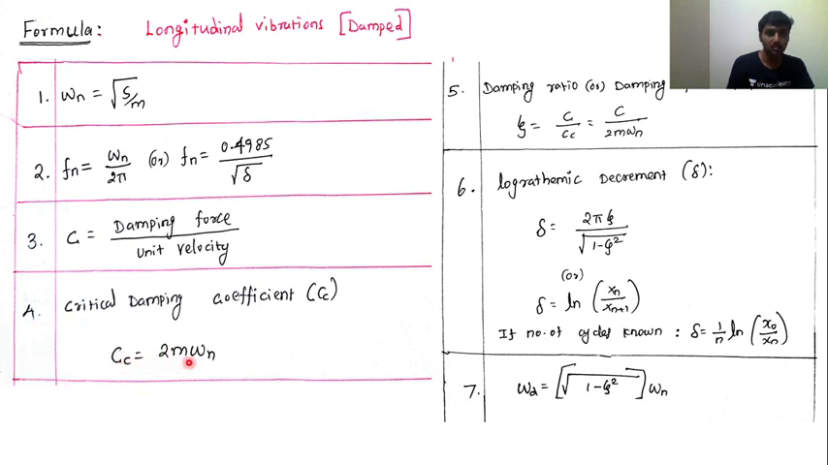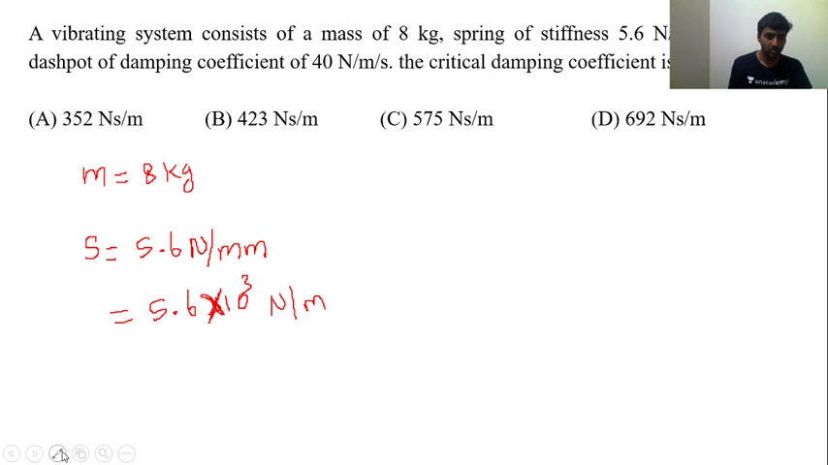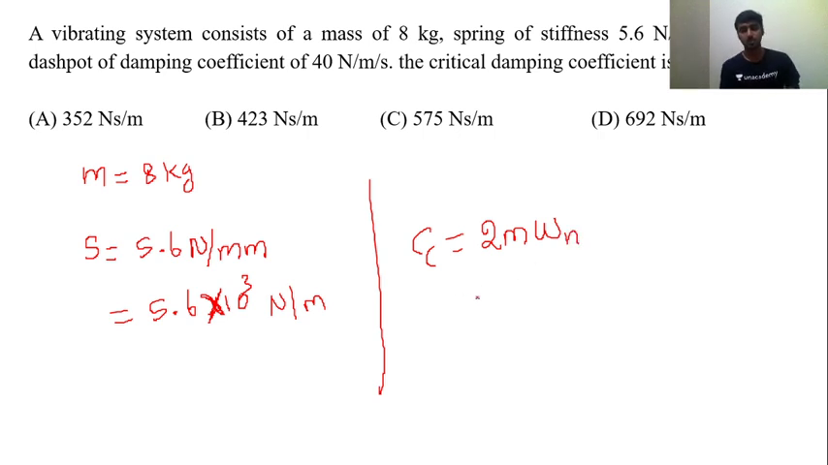Cc is equal to 2m omega n is the critical damping coefficient formula. We are using this formula. C suffix c is equal to 2m omega n. From this equation, the Cc equation,